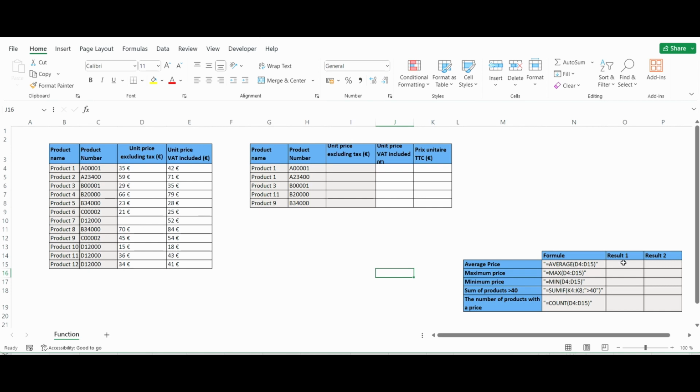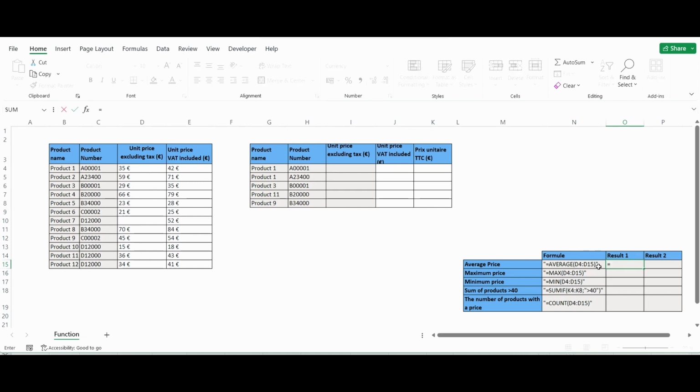So to calculate this, here you see the function that we used. The function is called average. So let's reproduce that. We'll always start with equal and then average. Here we see the list of functions that start with AV. We choose the one that we want, double click, and then you can see that we have this